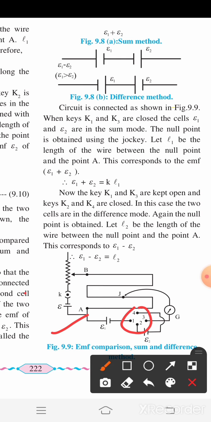This four-way key is useful to connect the two cells using two methods, first the sum method, and second the difference method. So first we connect these two cells using the sum method, by keeping K1 and K3